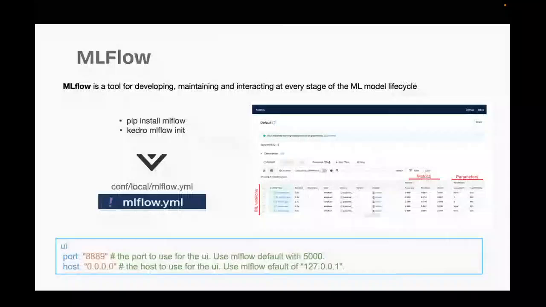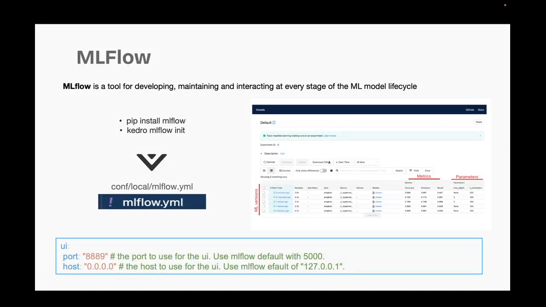The next one, beyond visualization: Kedro is integrated with MLflow. It makes it simple to track model development and manage models. Setting it up is very straightforward. Just install MLflow using pip and activate MLflow logging with the command kedro mlflow init.